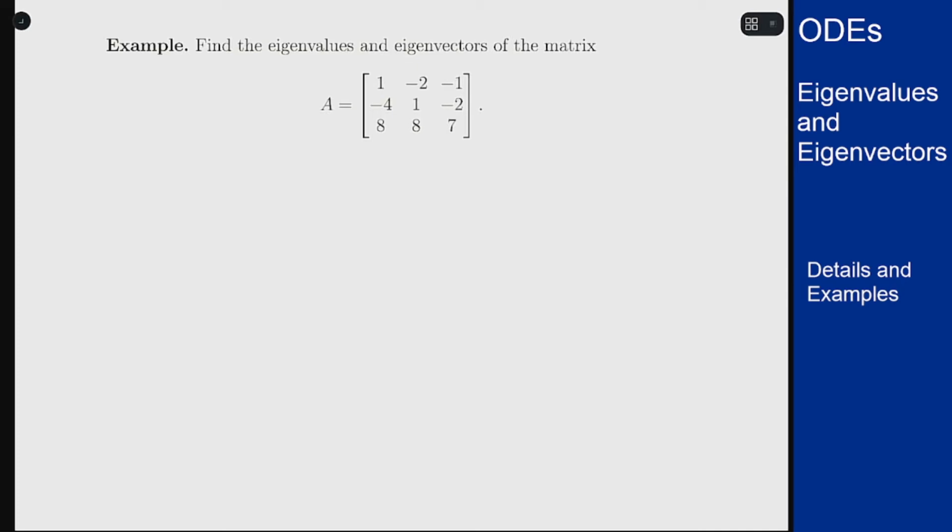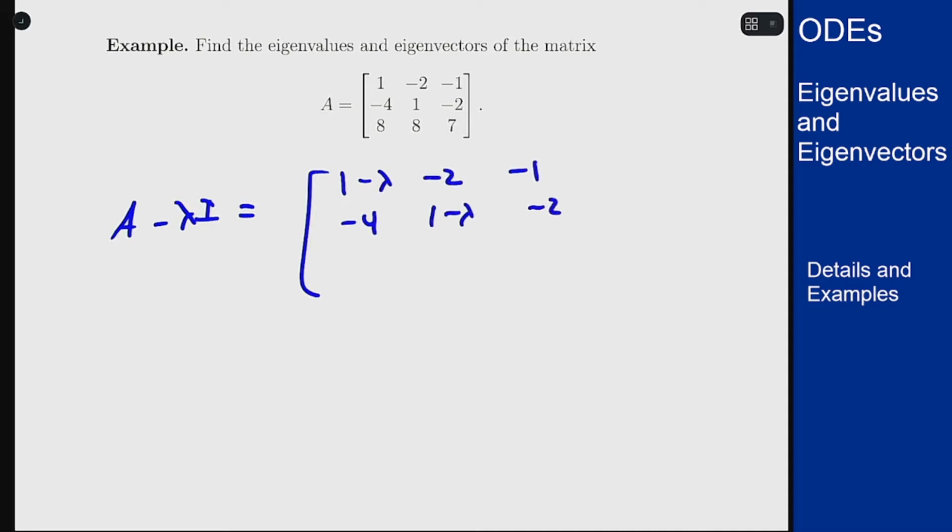This video will cover another example of finding eigenvalues and eigenvectors for a 3x3 matrix. For the matrix A here, we want to find the eigenvalues and eigenvectors. So let's start by setting this up as we always do. A minus lambda I is 1 minus lambda, minus 2, minus 1, minus 4, 1 minus lambda, minus 2, 8,